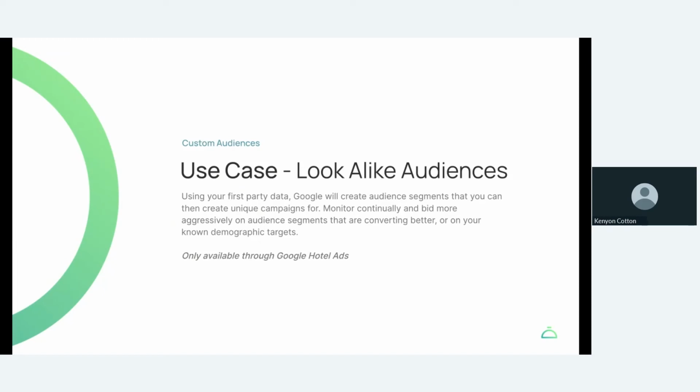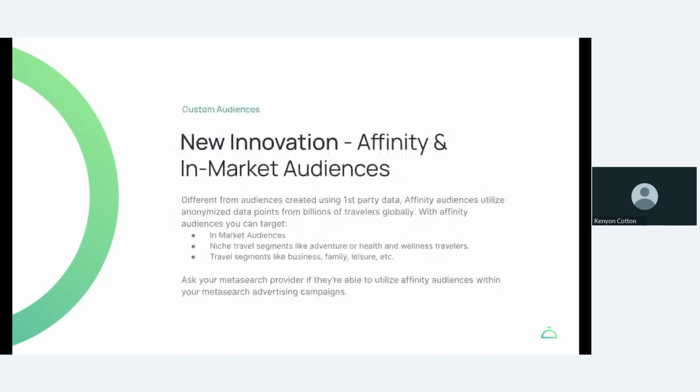And this is a new innovation I want to mention, affinity and in-market audiences. So there are data providers now who are able to take data points from travelers globally, billions of travelers, and create profiles and custom audiences that you can utilize on your campaigns as an additional layer of targeting. So a couple examples are in-market audiences.